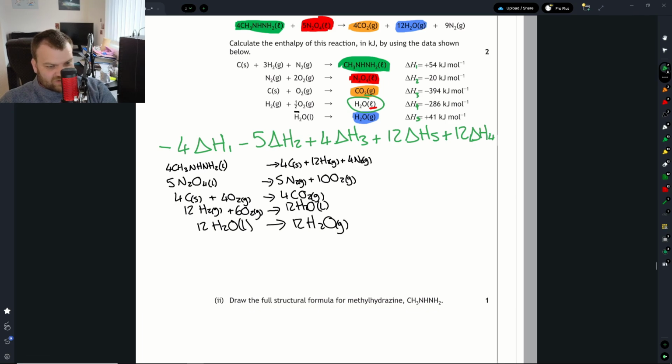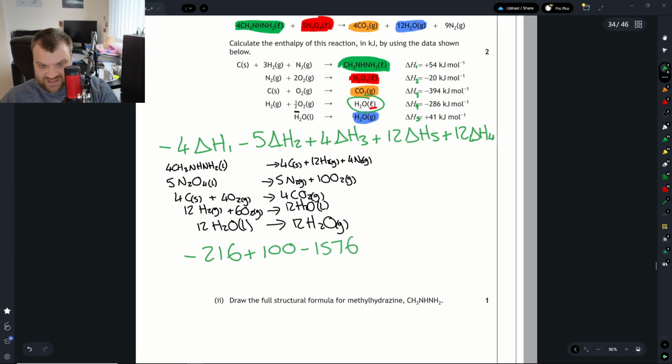All I'm going to do now is substitute in my values. We have -4 of delta H1. So that's now going to be a negative enthalpy, and that's going to be 216. Next up, we have 5 of the -20s. So we have negative 100 or positive 100 for that one. Next one, we've got 4 of our next one. 4 times negative 394 will be negative